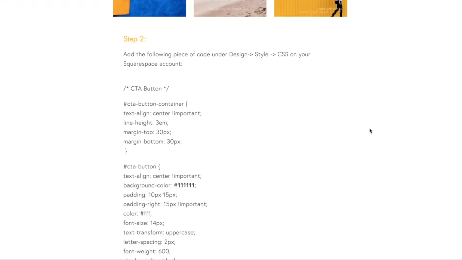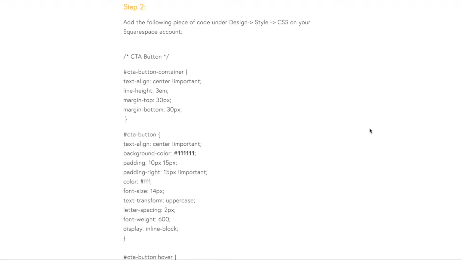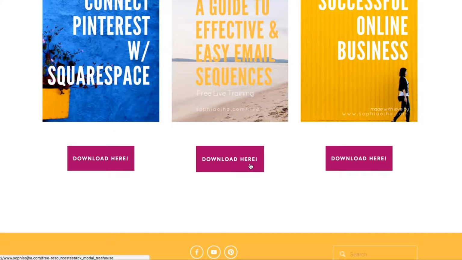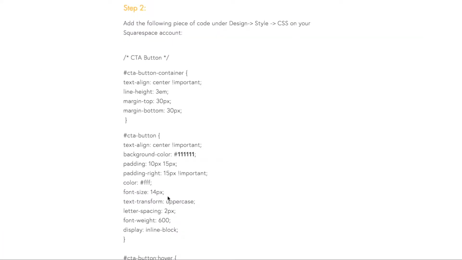The next step is for you to add a bit of code inside your Squarespace account. And this code basically is for creating these buttons down here. We're not going to use the inbuilt button that Squarespace has, but we're going to style it ourselves. This is because later on we're going to refer to this code. So what you are going to do is grab this piece of code